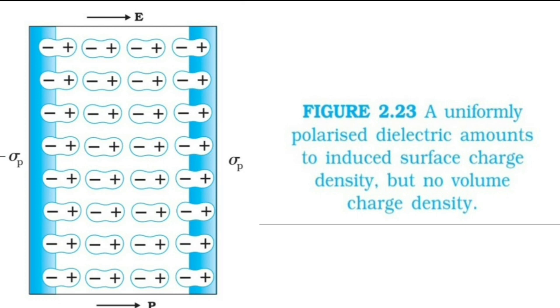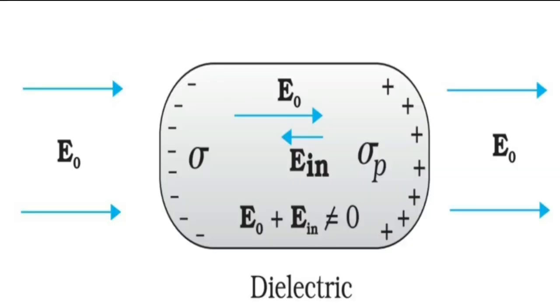Another point to be noted is, where do these negative and positive surface charge densities come from? Look, what is the direction of the electric field? It is from left to right. So on the left surface you have negative charges and on the right surface you have positive charges. So negative surface charge density on the left side and positive surface charge density on the right side. This is how that first picture, the diagram I showed when we started, is explained.